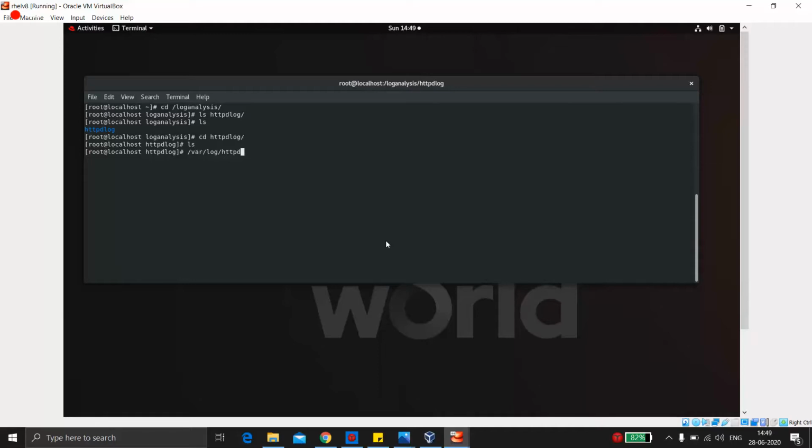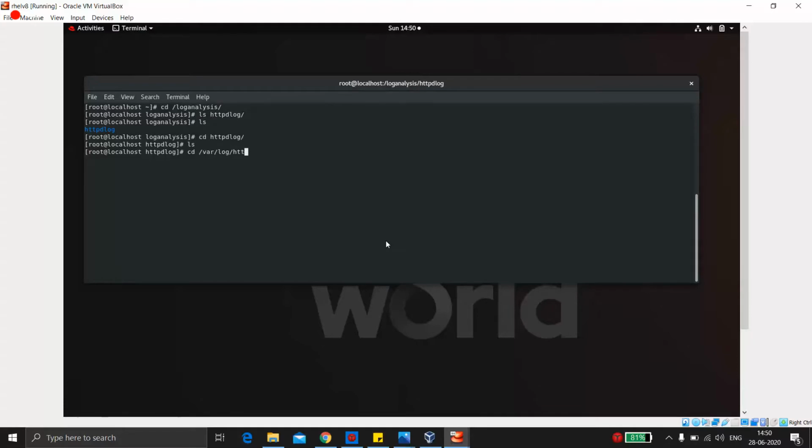This is how it will work. Let me be clear about the Apache web server, which is also called the httpd web server. It stores all the logs in this particular folder which I just showed you. Even though it's running on my local system, I'll show you the log of it.